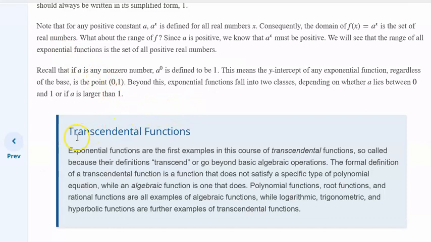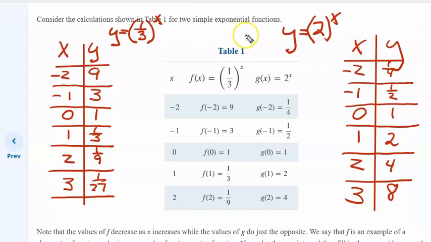And completing, we want to look at what transcendental functions are. We have the regular algebra, which defines our regular kinds of things: polynomial functions, root functions, and rational functions, while logarithmic, trigonometric, and hyperbolic functions that will be studied a little bit here are examples of transcendental functions. Background. Going on to this next slide, this is table 1,